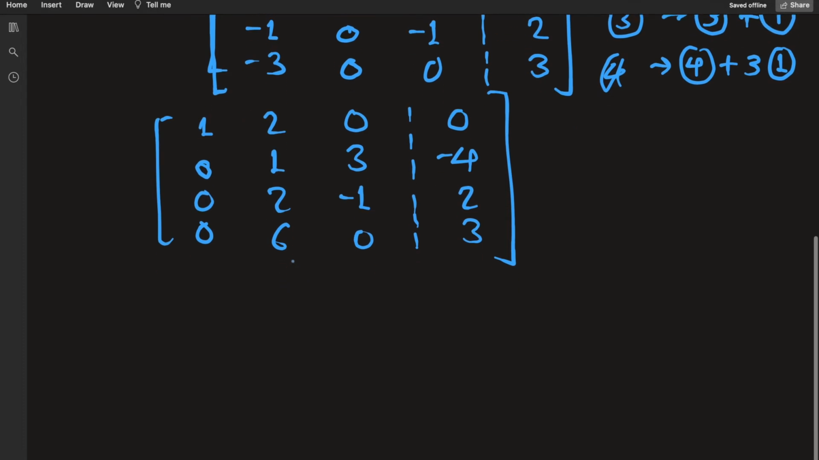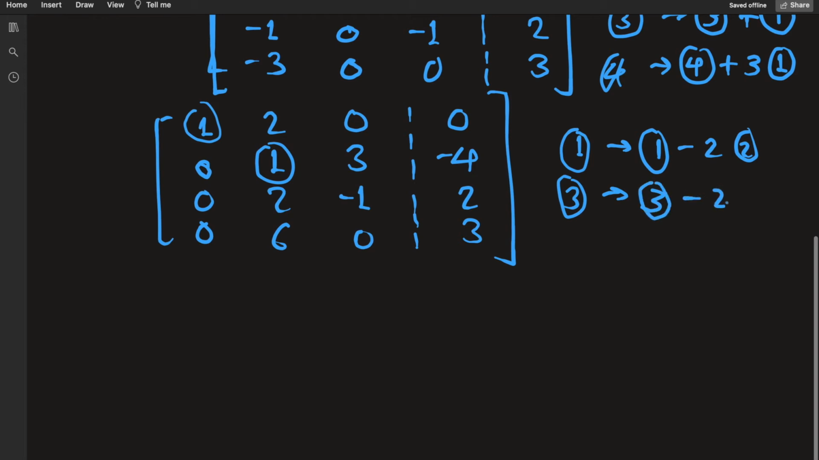Fine. Moving on to the next column, look, we have already a pivot here, so we just need to get rid of these other entries. So row 1 changes to row 1 minus 2 times row 2. Same thing with row 3 too. Row 4 is row 4 minus 6 times row 2,